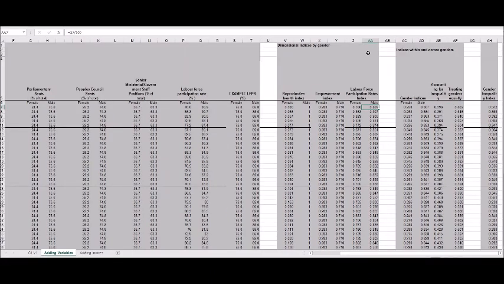So let's start with a demonstration about how to add new variables to an existing dimensional index by gender. The steps for calculating the index are exactly the same as outlined in the Exploring UNDP's GII in Excel video that we just went over. The only changes you need to make when adding variables to a dimensional index are to the dimensional index itself. All other calculations, such as the harmonic mean, the geometric mean of the arithmetic means, and the final GII will stay exactly the same. So in this example, I would like to add a new variable to our labor force